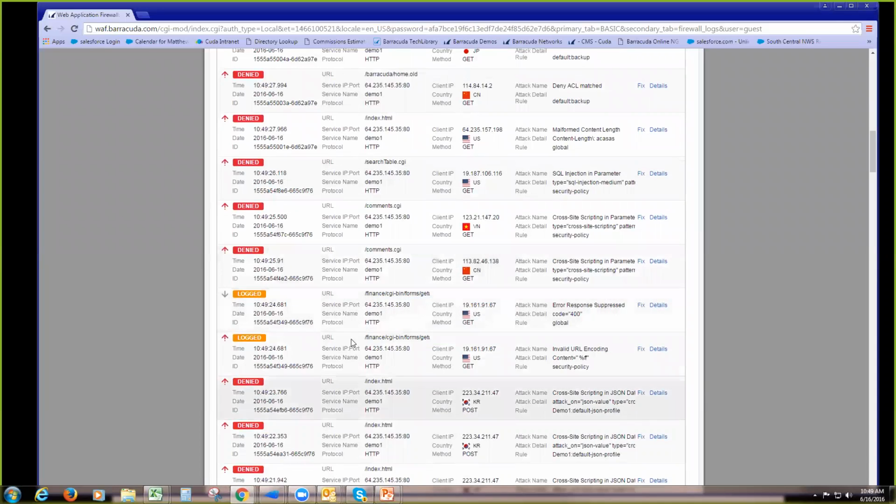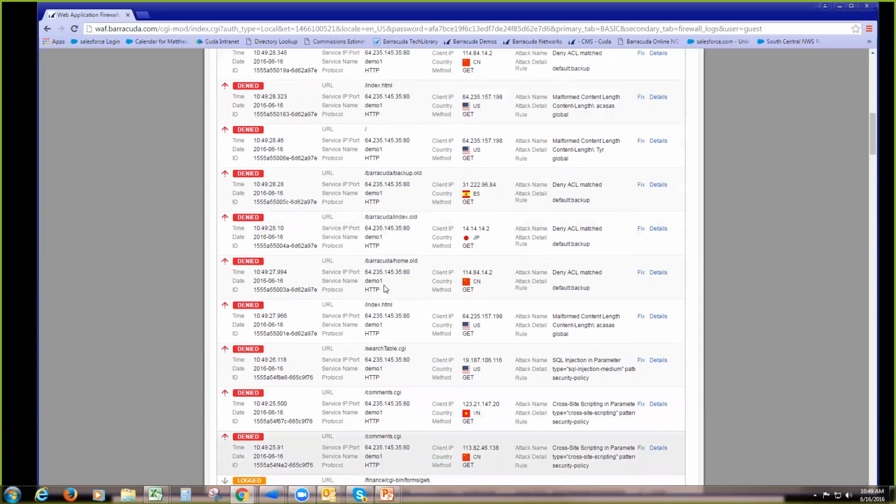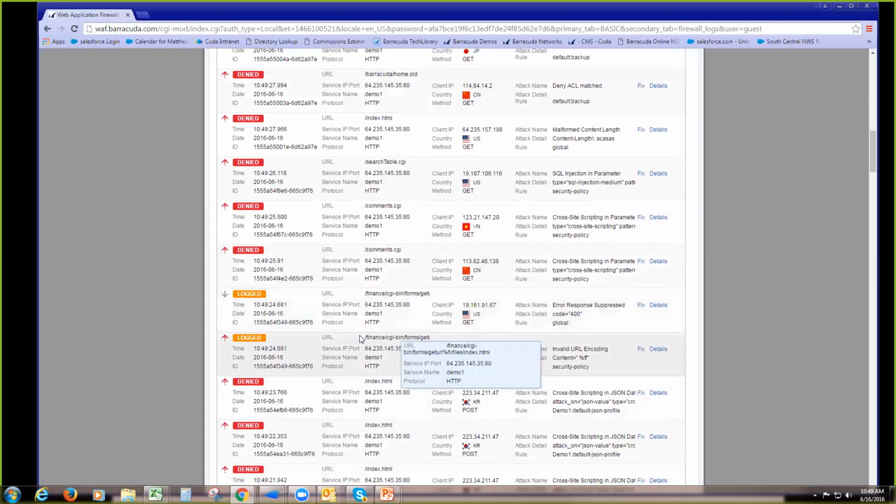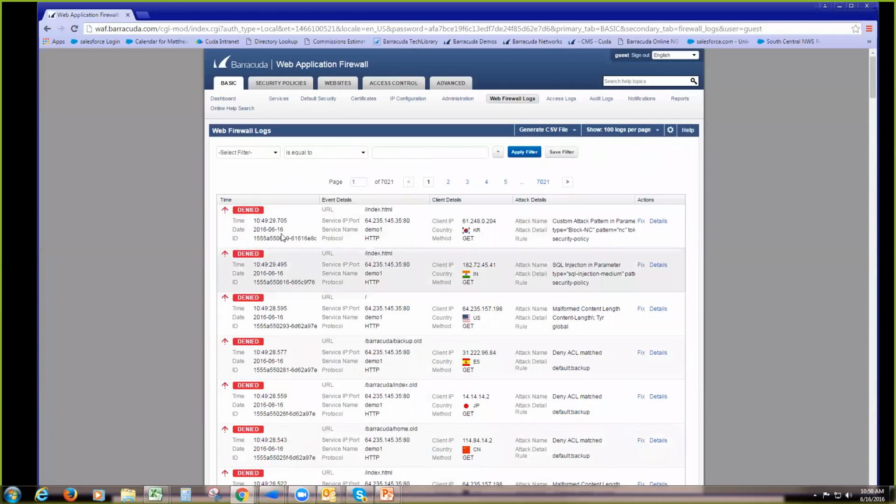You can see a few of our logged, which means they are allowed, but there was a specific issue that we had to log it. With this, you can see the time and date it was. We can see the URL events, who that specific IP port was, the client details. So where's the session coming from? Korea, we have India, US, and Spain, a few other ones. And then what kind of potential attack was it? It will say here,